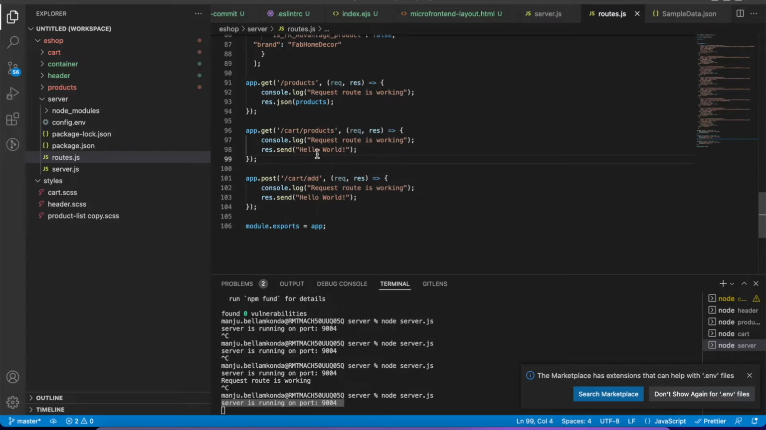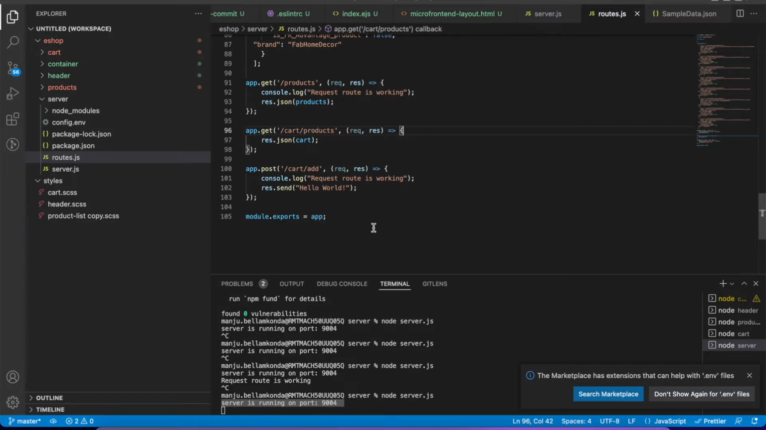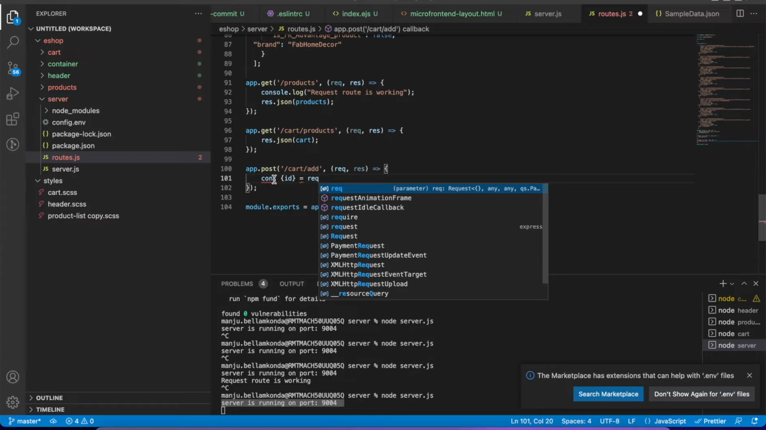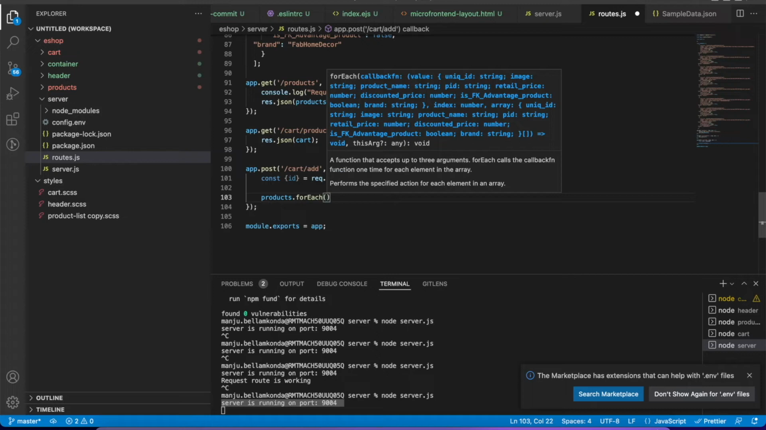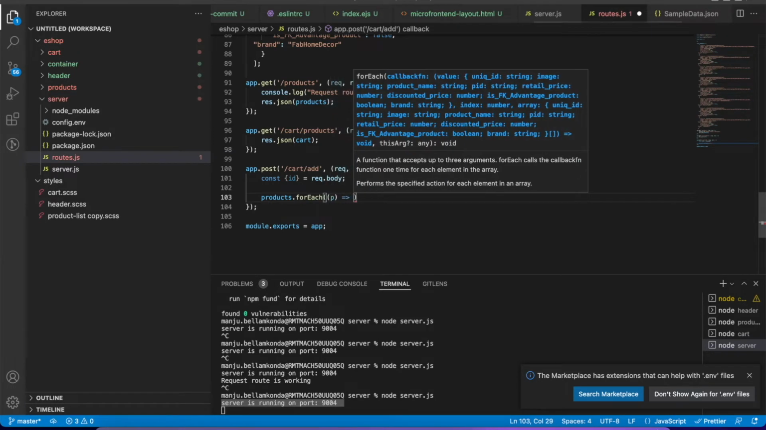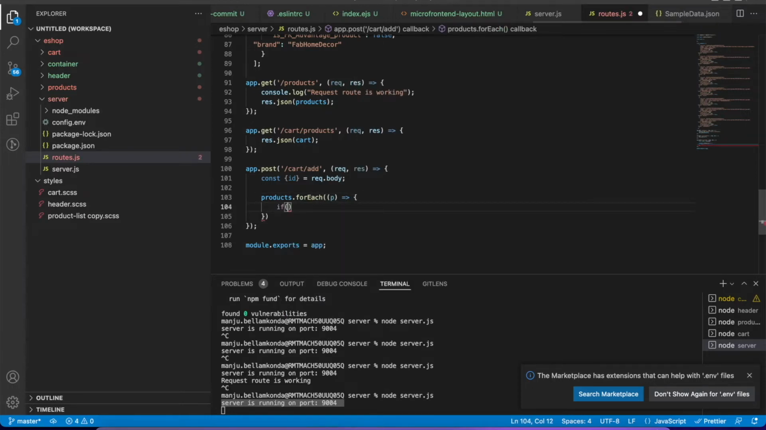Now let's set the cart add endpoint to basically add our product to the cart variable. Let's assume that we are getting ID from the body, and let's loop through products and try to filter or find the product that we are trying to add to the cart. If unique ID is equal to ID,